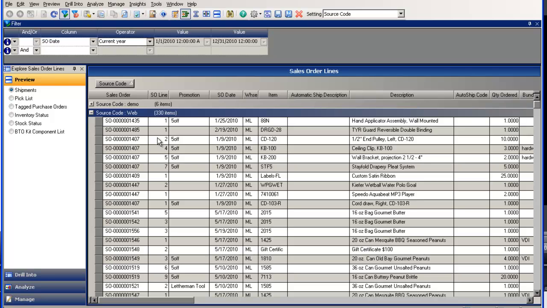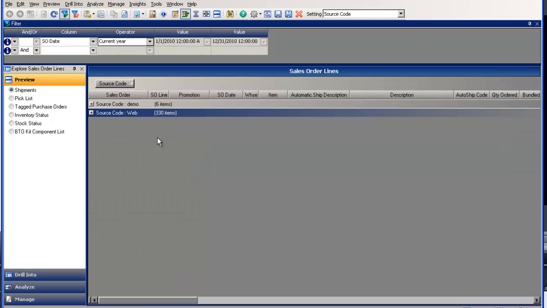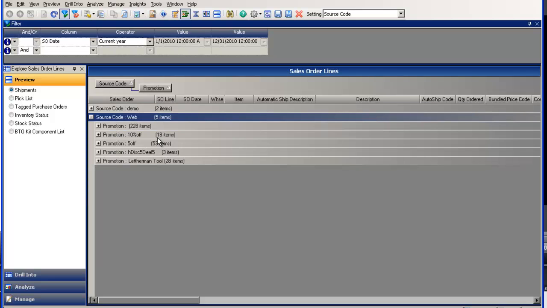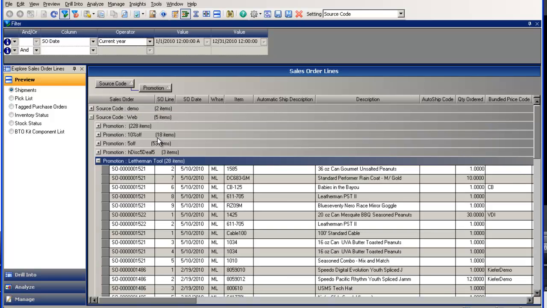But I want to see a little bit more. I want to see the promotions that people have selected inside each of those source codes. So once again, I can just drag that up, go to the web. I have 5 promotion codes that they have used, and I can drill into any of those and see the detail. So the promotion code for the Leatherman tool inside of the web source code has produced these sales order